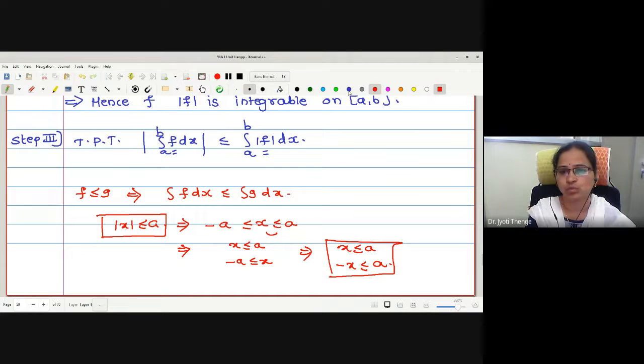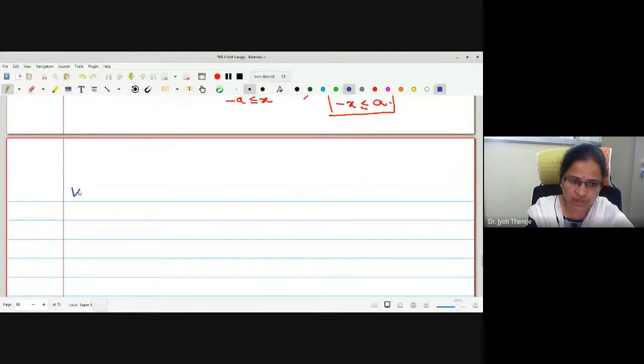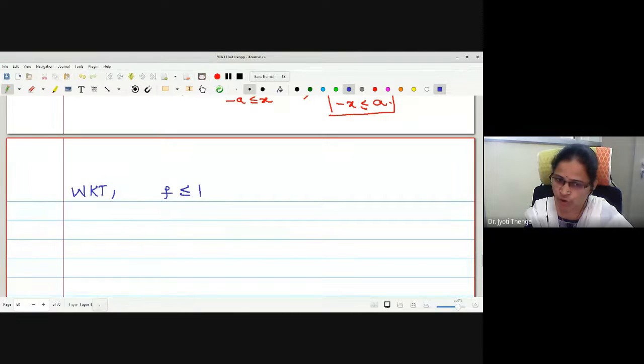The same thing we are going to do in this step. What do we want to prove then? If I want to prove that the mod of the integration is less than or equal to a fixed term, we want to prove that this integration is less than or equal to a, and the negative of this integration is also less than or equal to the same term. Correct now? Let us prove this. For this, we want to establish the relation between f and mod f. Can anyone tell me the relation between f and mod f? May I say f is less than or equal to mod f always? Minus f is also less than or equal to mod f. Is this point understood by everyone? This inequality.